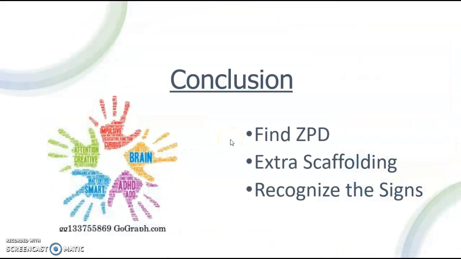In conclusion, a student with ADHD might be acting out because they are not in their ZPD, or zone of proximal development. They might need extra scaffolding to help them get to a place where they can learn. It is important to recognize the signs of ADHD, which can include hyperactivity, impulsiveness, inattentiveness, or daydreaming. These children might also have a learning disability. Work with each student on an individual level. Knowing how to teach to each child will ensure their success in school.